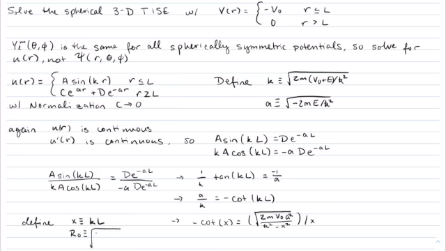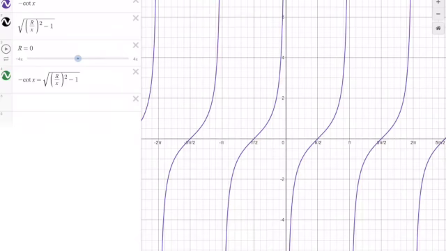So we'll be able to define our constant r naught again, similarly to last time, and putting that into our equation, we'll end up with minus cotangent of x is equal to the square root of r naught over x squared minus 1. We can now graphically solve our system of equations, and we end up seeing that there's